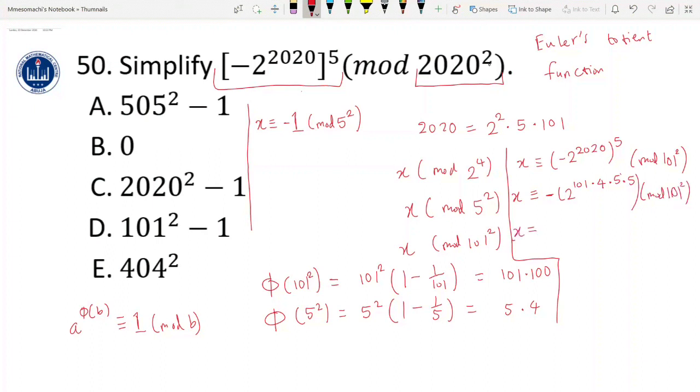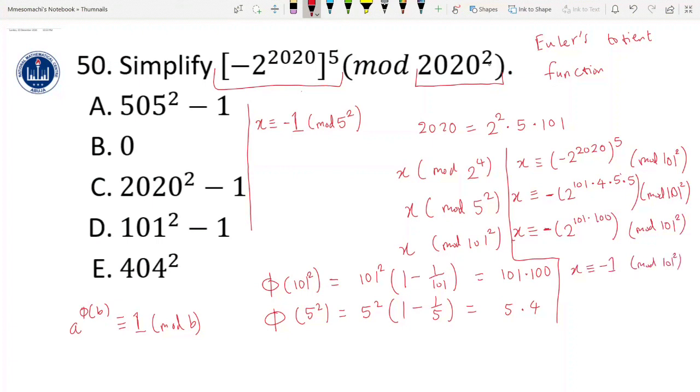So I have x is congruent to negative 2 to the power 101 times 100 mod 101 squared. Now see that this power here is the 5, so I have x is congruent to negative 1